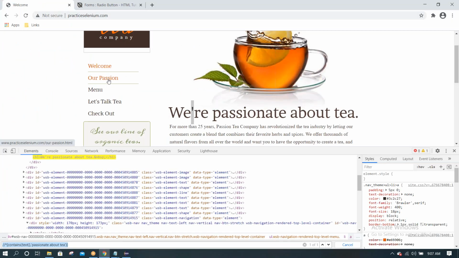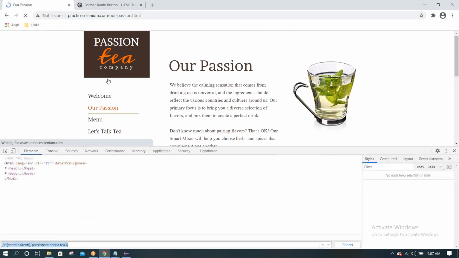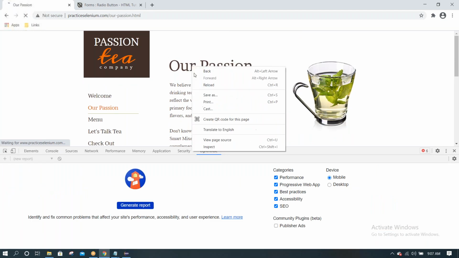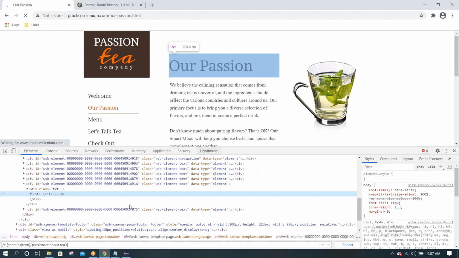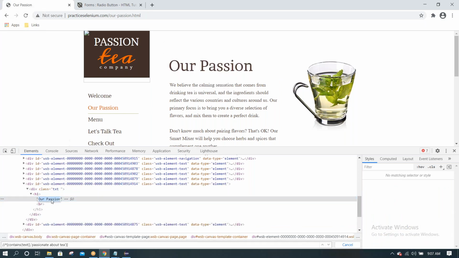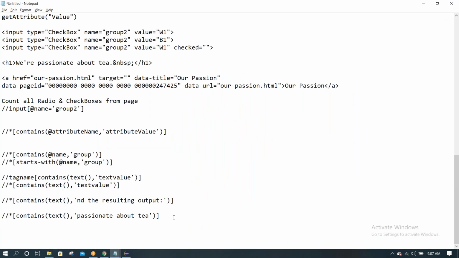Now we can see the next link, our passion. Right click, inspect. Our passion is there. So again we can write an XPath with contains.